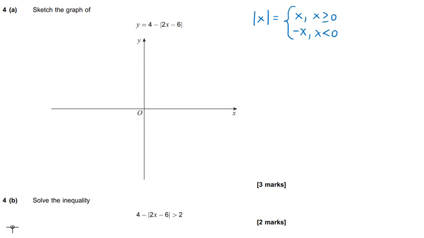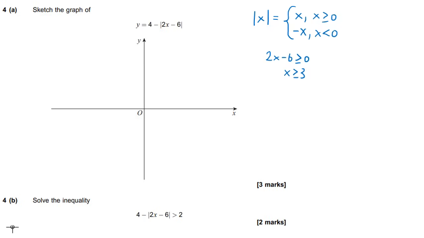So what that means is whatever's in the bracket stays as it is if the bracket is greater than or equal to 0, and we put a minus sign in front of it if the value of the bracket is less than 0. So what we can say is that if 2x minus 6 is greater than or equal to 0, which if we solve that, that's the same as x greater than or equal to 3,